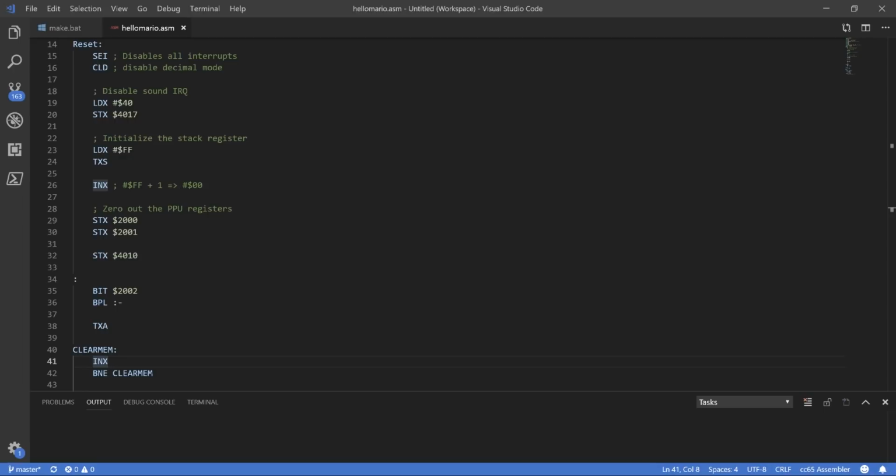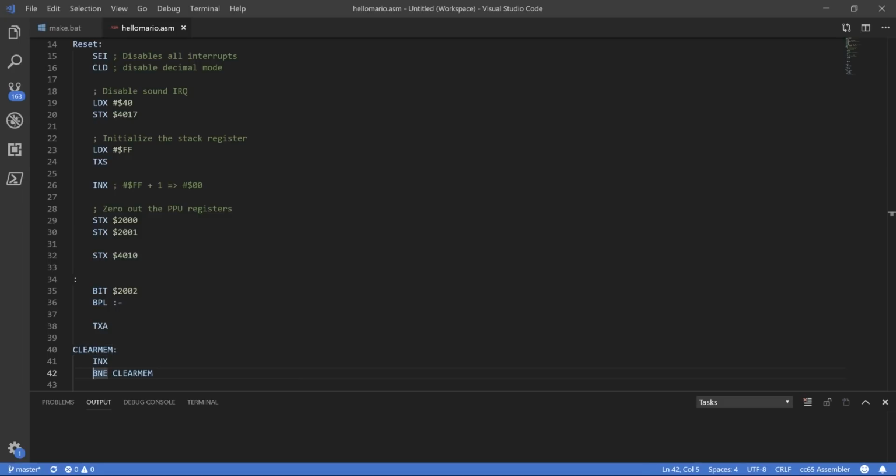But we have the ability to use the fact that it rolled over to our advantage. The CPU, when it rolls over the value, will set what's called the 0 flag, which we've talked about in other episodes of the 0 pages,